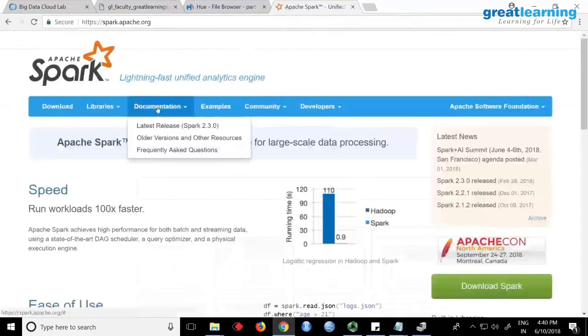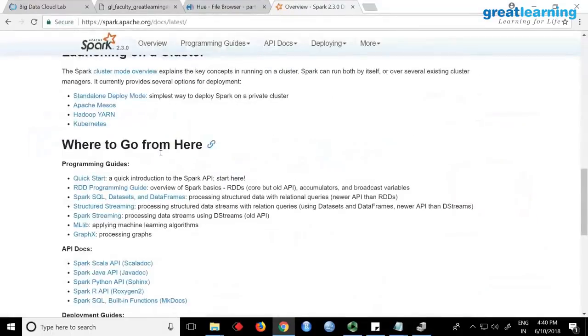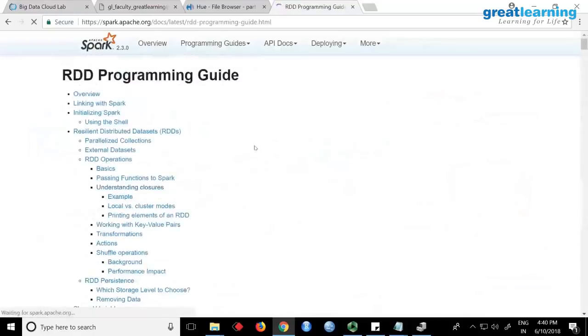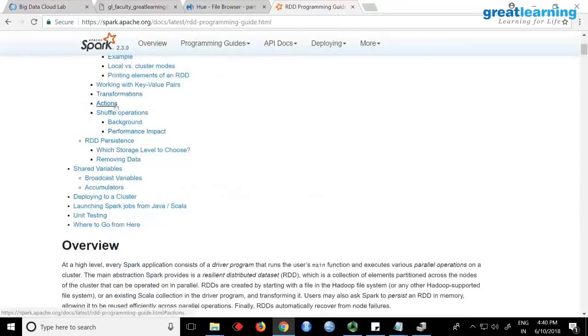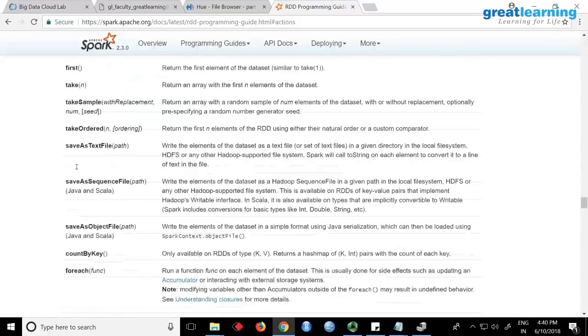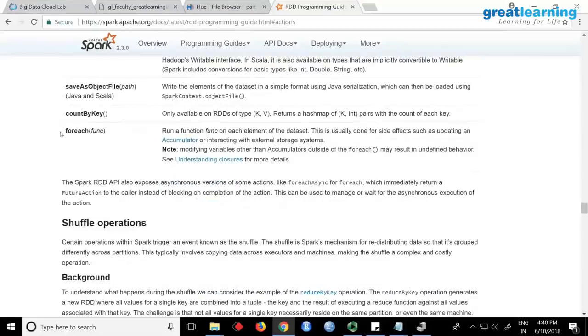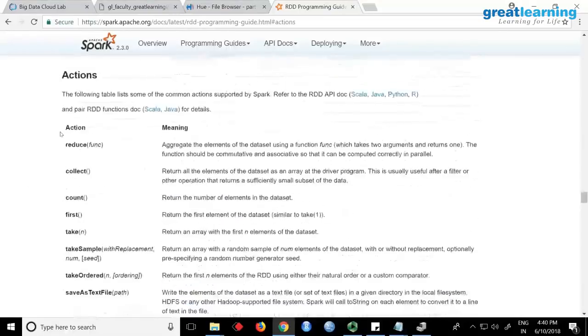One more thing is that you can actually go to spark.apache.org, and then go to documentation, latest release. You can go to the RDD programming guide. In that you have transformations and actions. In actions: reduce, collect, count, first, takeOrdered, saveAsTextFile, countByKey, foreach. Now there is no last or